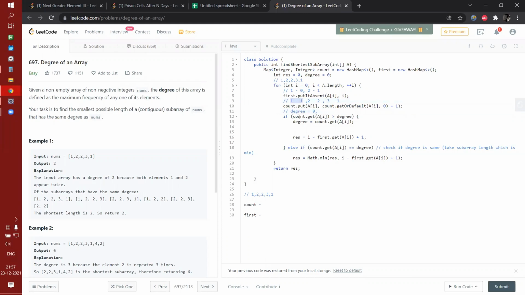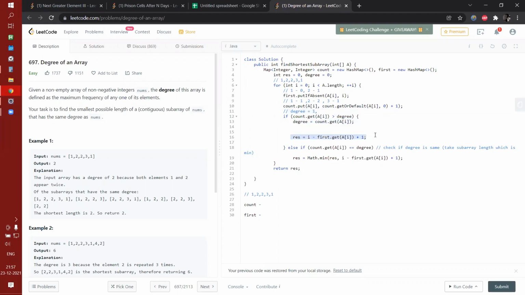You check count.get(a[i]) against what your degree is. Just remember one thing: your degree is the maximum count, right? You are checking if your degree is less than count.get(a[i]). It is definitely less, right? So your degree will become 1 here.